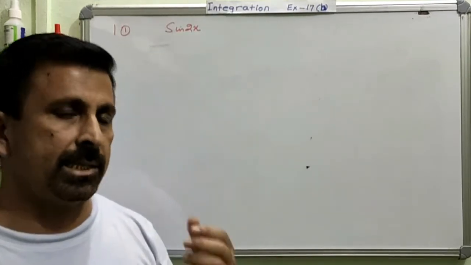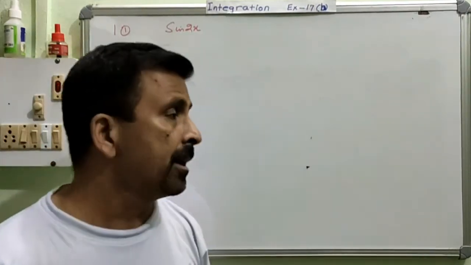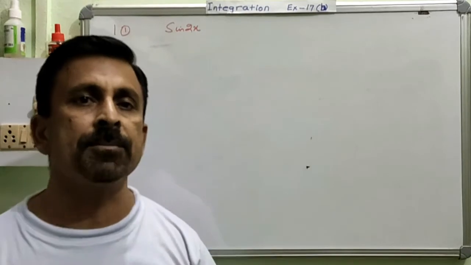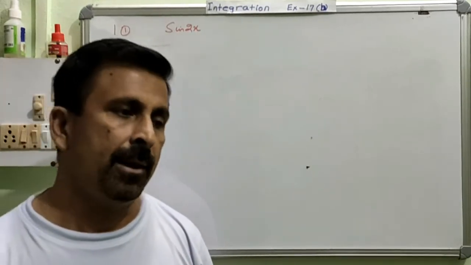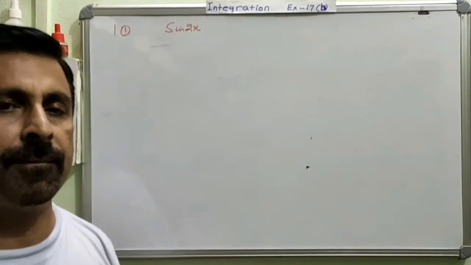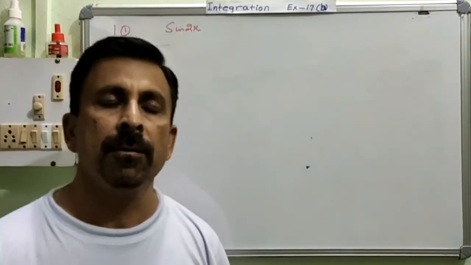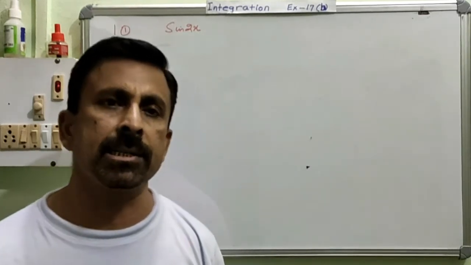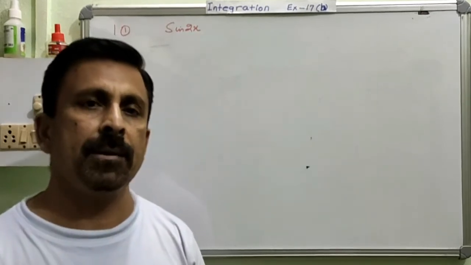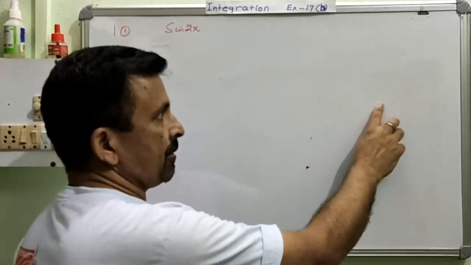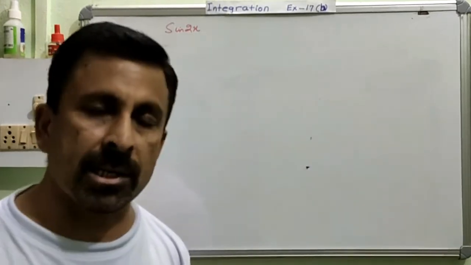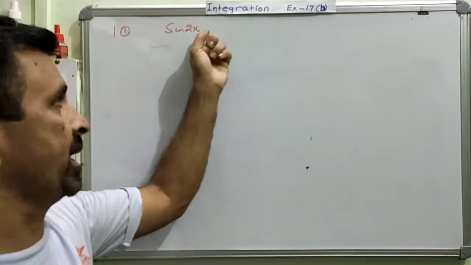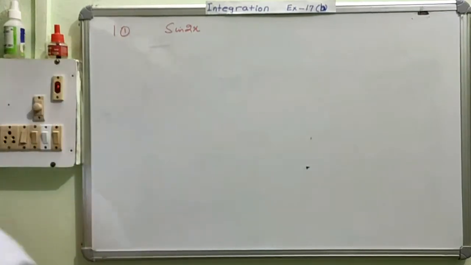In the previous exercise, I gave you the rules of integration. And I also told you that integration is the reverse process, the inverse process, of differentiation. Is this very clear? So when we have to find the integration of a given function, we will always try to sort out the question with the help of differentiation. If we can remember the differentiation rule, then integration is just the opposite, the reverse process of that. So we will try to sort out the question with the concept of differentiation. Let us see the first question, whose integration we are asked to calculate: sin 2x.